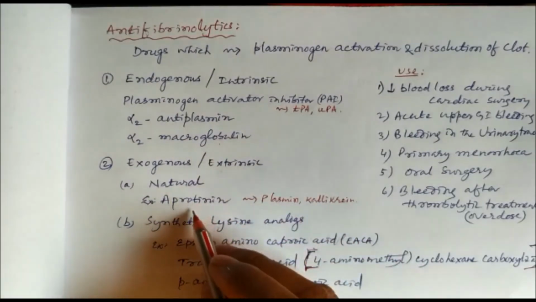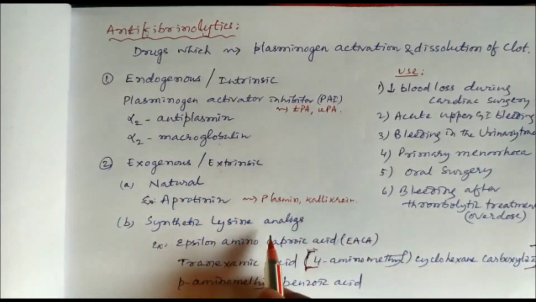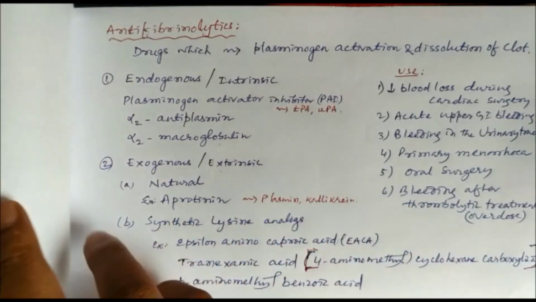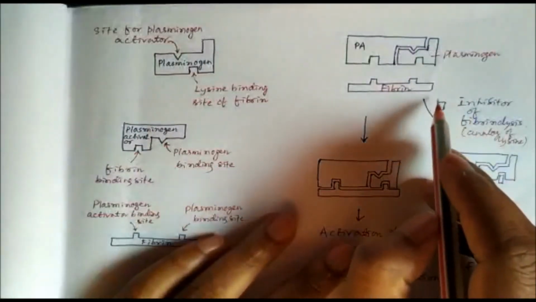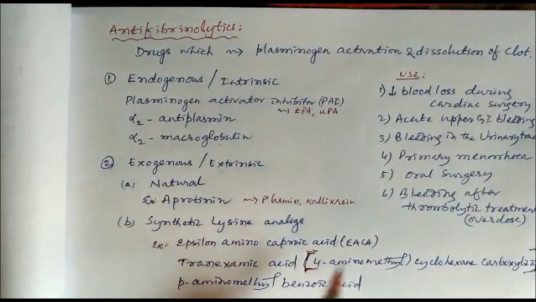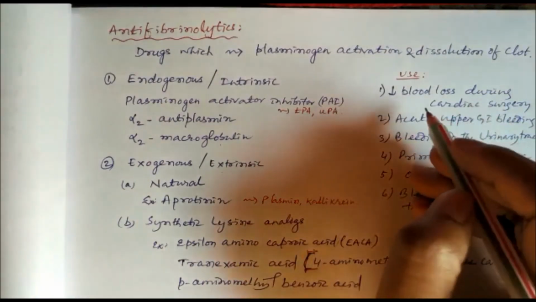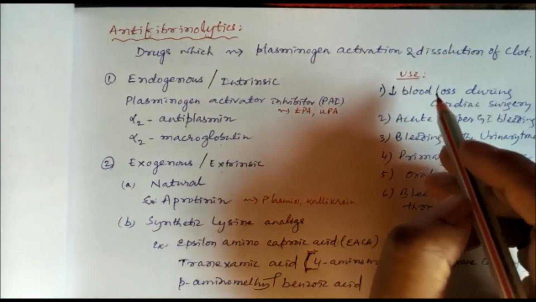The natural one, aprotinin, inhibits plasmin, kallikrein, etc. And the synthetic lysine analogs simply inhibit this site so that fibrin cannot bind. Synthetic lysine analogs are like epsilon amino caproic acid, tranexamic acid, which is chemically 4-aminomethyl cyclohexane carboxylic acid, and para-aminomethyl benzoic acid. So all these can be used